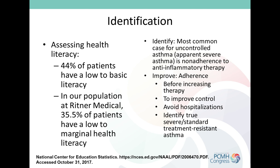In our population, in our office, we used a scale called the meter to try and figure out what the health literacy was of our office. The meter is really easy to do. It's a series of 40 terms. They check off the term that's real and leave the terms that aren't real alone. There's many others. We chose the meter because it's quick. They literally can do it in a couple minutes. It's very easy to score. They don't really use it on an individual basis unless somebody's markedly low. But about 8% of our population had a very, very low health literacy, and about 35% had a low to